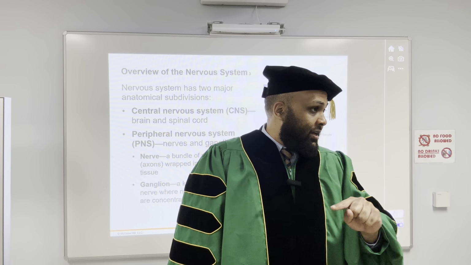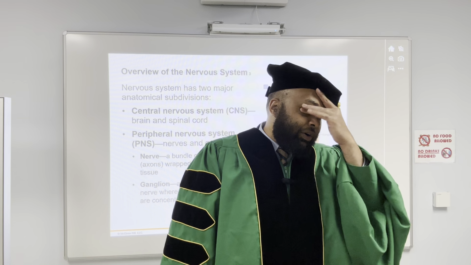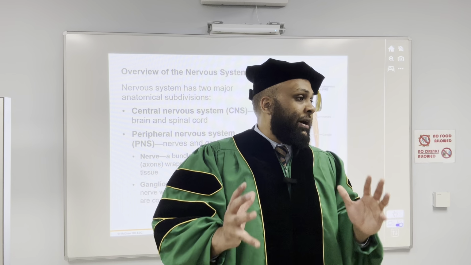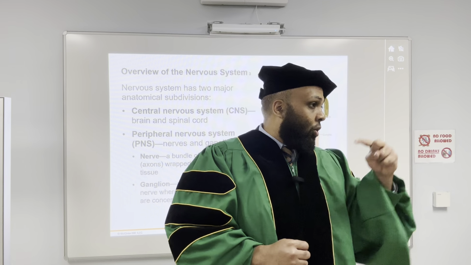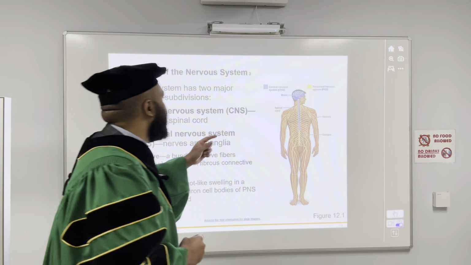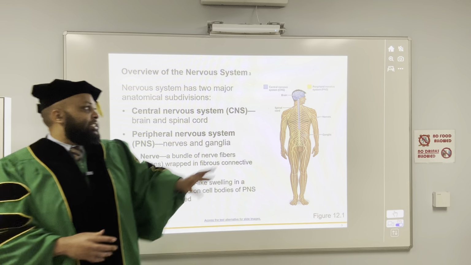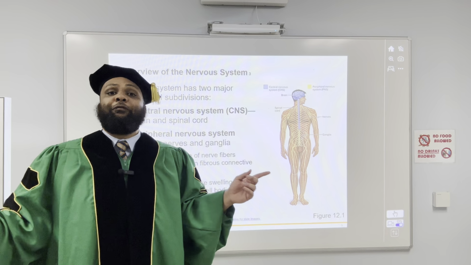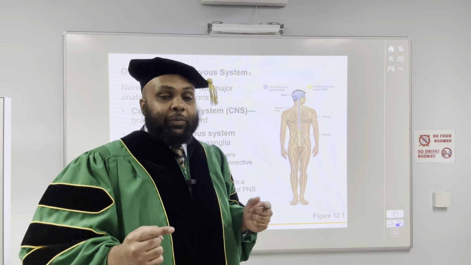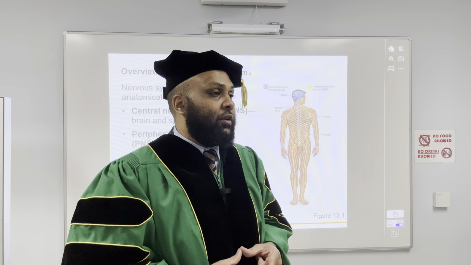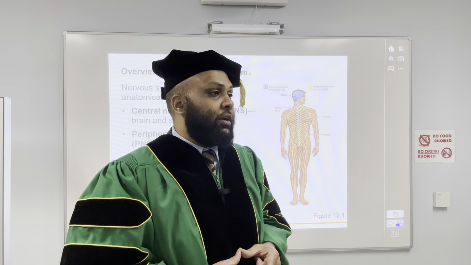That's a phone line in and a phone line out. So we divide our nervous system into two divisions. One division is the center, the brain and the spinal cord. And the other division is the calling, the input signal and the output signal. So if you see here, the central nervous system is in the center, the brain and the spinal cord. And the peripheral nervous system is responsible for the input and output. This is really important.